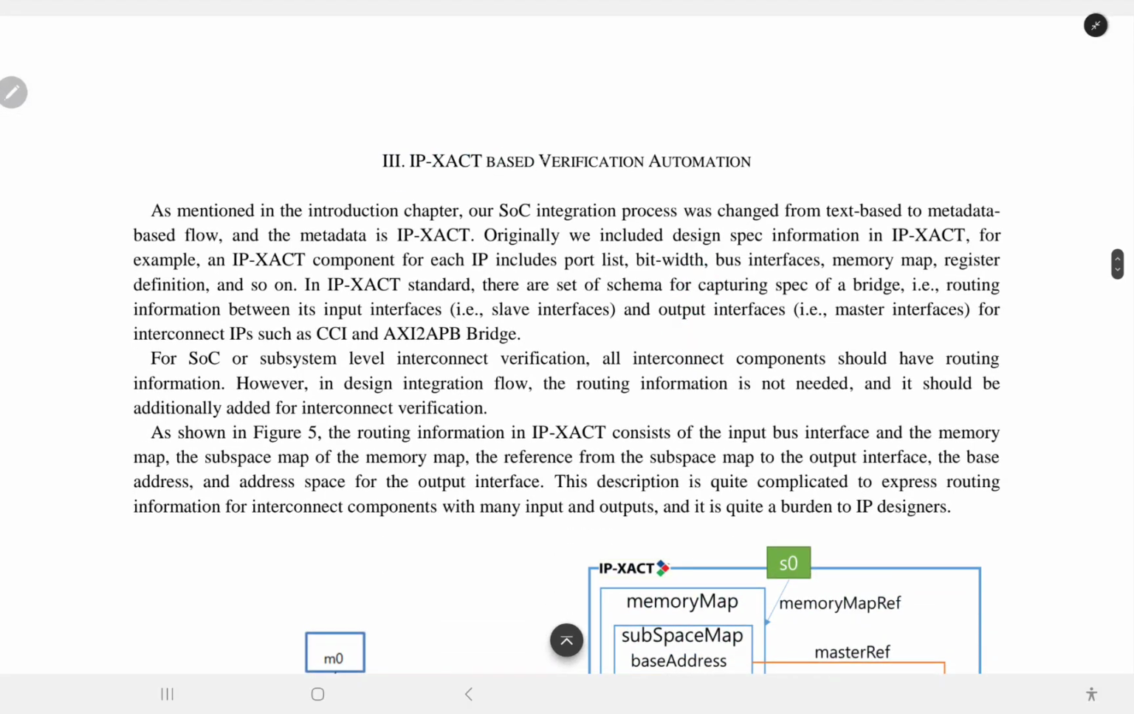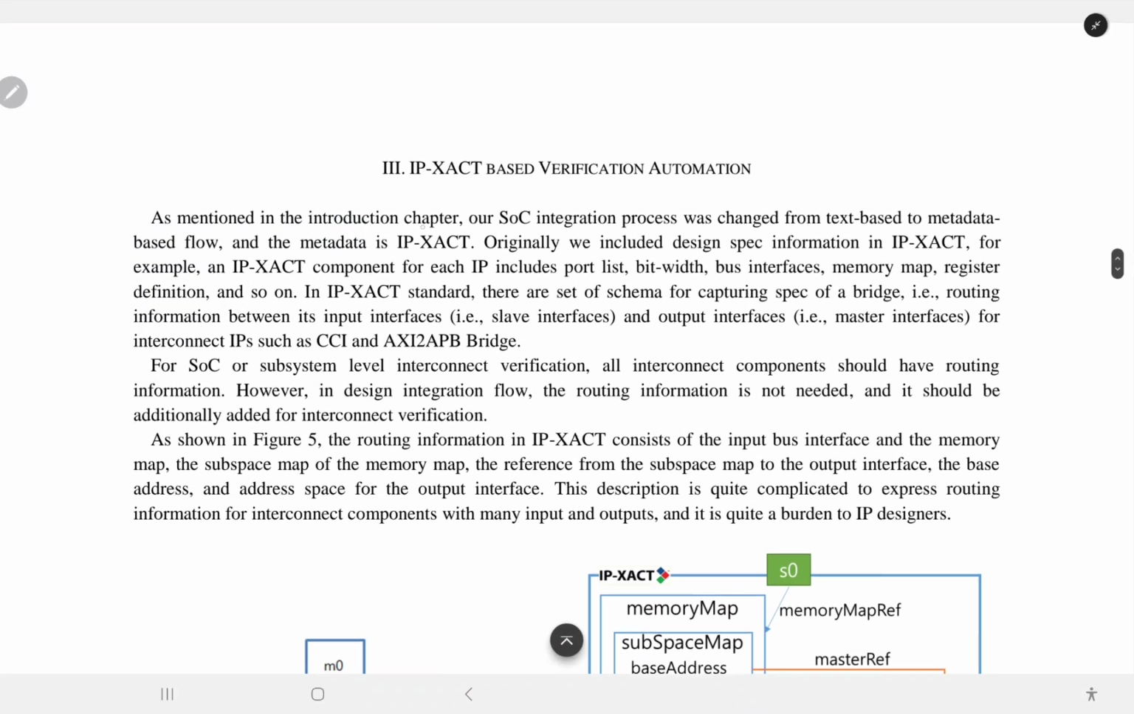3. IP-XACT-based verification automation. As mentioned in the introduction chapter, our SoC integration process was changed from text-based to metadata-based flow, and the metadata is IP-XACT. Originally, we included the design spec information in IP-XACT. For example, an IP-XACT component for each IP includes port list, bit width and bus interface, memory map, and register